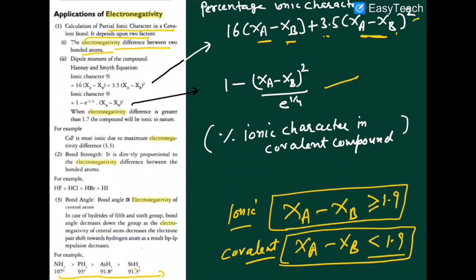Okay, first you have to understand that the electronegativity values are useful in determining the dipole moment, then to determine the percentage ionic character, then to find the bond strength, then to find the bond angles. These are the various usefulness of what? Various usefulness of the electronegativity table. Other than that, electronegativity has other applications also. In the next class we will discuss that.